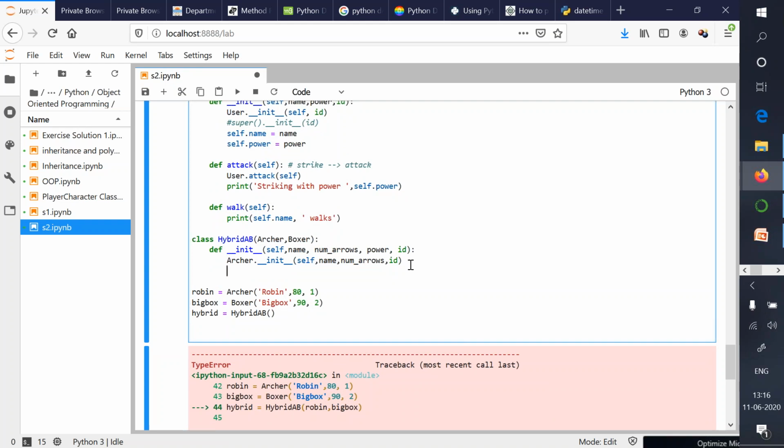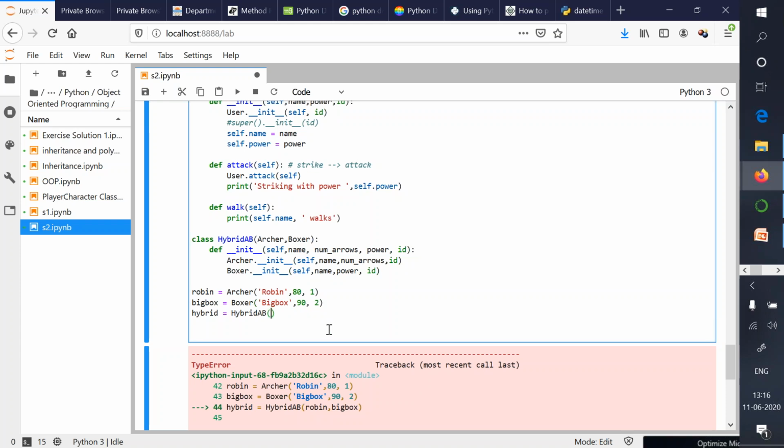to the Archer object. And similarly, Boxer.__init__ with self, name, power and ID.